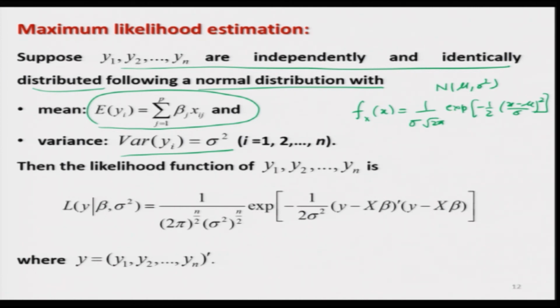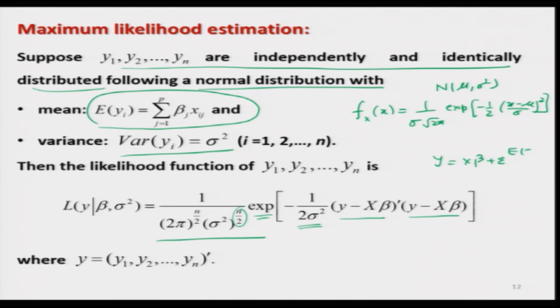So, the likelihood function of y1, y2, ..., yn is obtained here as 1 upon (2 pi sigma square) raised to the power of n by 2, times exponential of minus 1 over 2 sigma square, (y minus x beta) transpose into (y minus x beta). Why? Because if you remember, you had the model y equal to x beta plus epsilon, and you have assumed